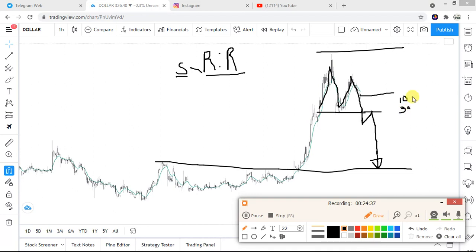Ratio 30. That is 1 ratio 3. 1 ratio 3. That is 1 implies risk, and 3 implies reward. So risk should be smaller compared to what? To a reward. So here, if you have made a decision to enter here, the stop loss should be around